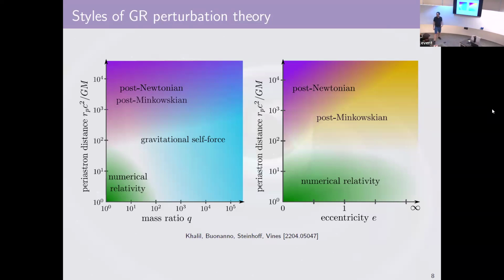But so post-Minkowskian breaks down at low eccentricity, for circular orbits, they say? Yes. And the reason is because post-Minkowskian is assuming that your background metric is the flat metric. And for that, you need to be able to widely separate your initial states, essentially. This is a bad approximation if you actually have a circular orbit, right? Where your two states are not far separated.